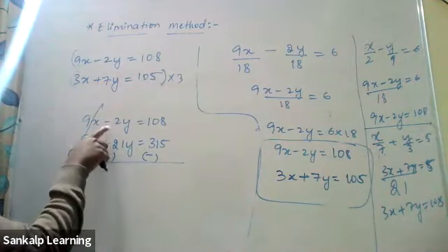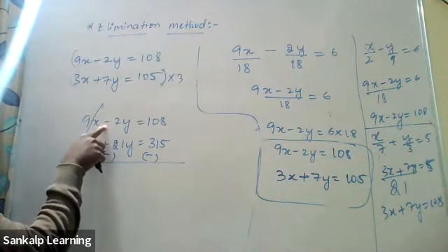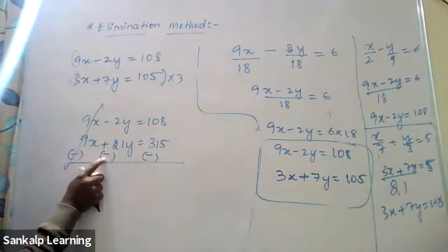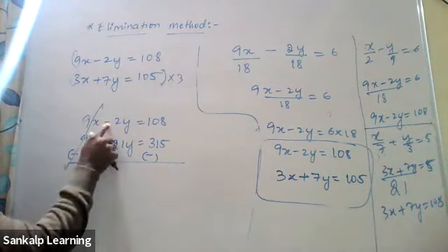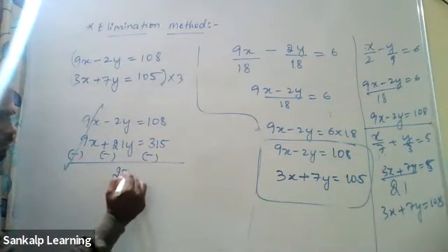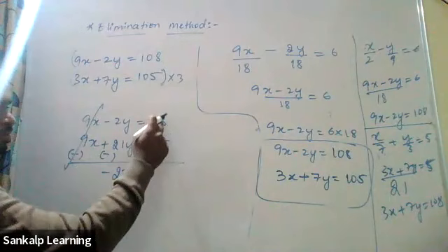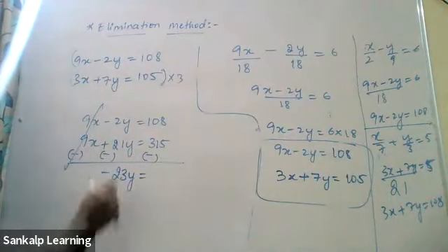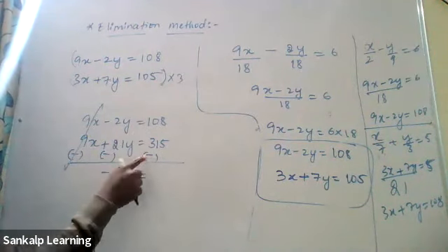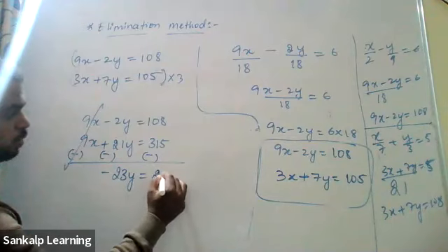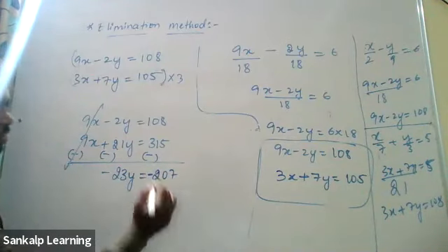I repeated, what is the sign here? What is the sign? Negative. Don't look at this sign, look at the new sign. So this is negative. Both are negative, add it. Write the greater number's sign. 21 here, minus is there, so minus. 315 minus 108. Why minus? This number is positive, this number is negative. Different signs, you have to subtract. So how much do you get? If I'm not wrong, it should be minus 207. Am I right?